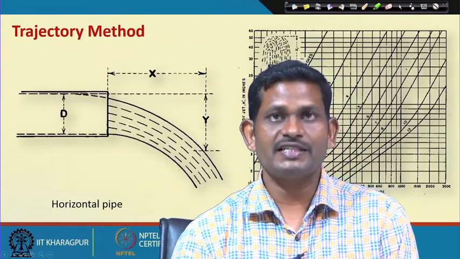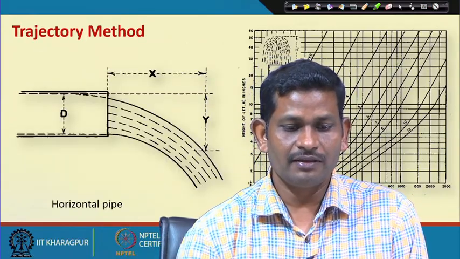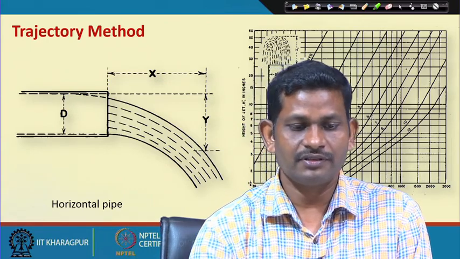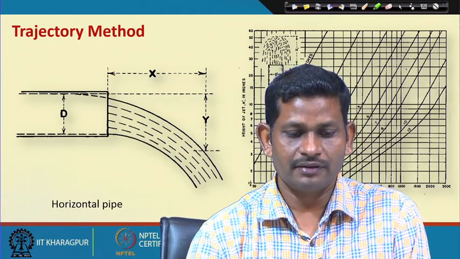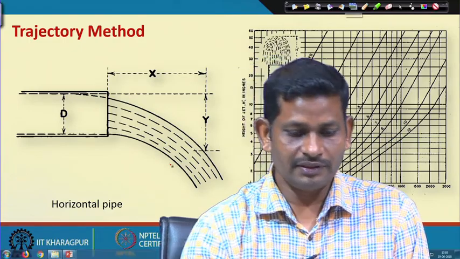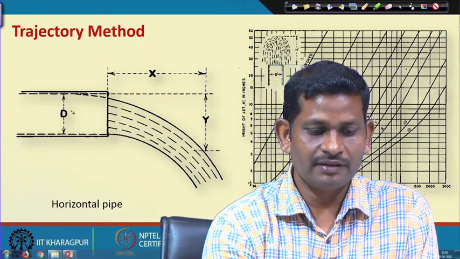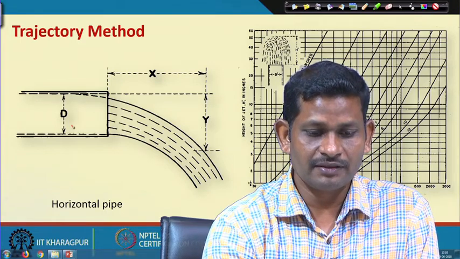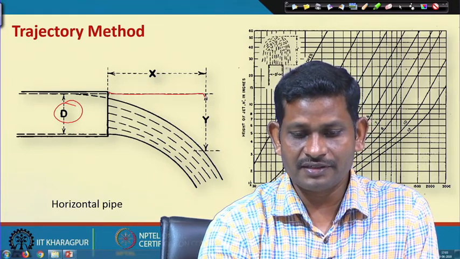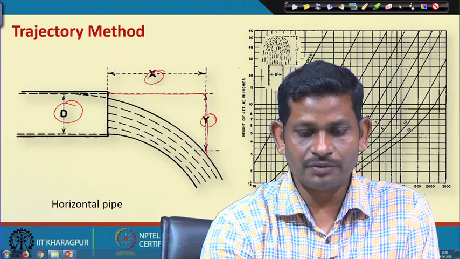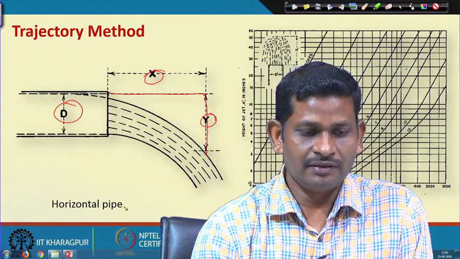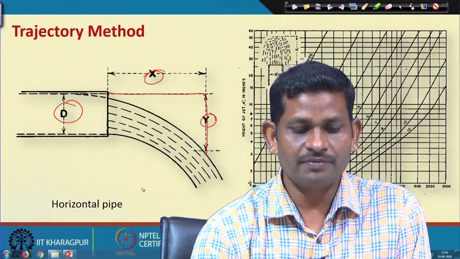So, the next is a trajectory meter. This same kind of thing we have seen or studied in open channels. So, the trajectory method or projectile method, we have seen some equations there. Here, using the same equation you can still use it for pipe flow measurement. So, this is the diameter of the pipe and then this is the horizontal distance and then the vertical distance. Knowing these two, you can use the equation which is mentioned in the beginning of the lecture and find out the discharge from the